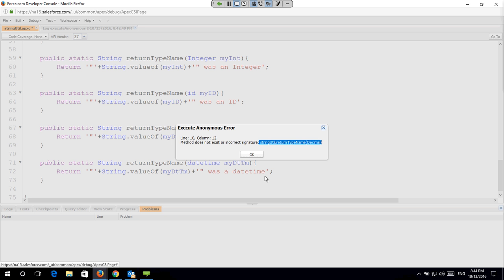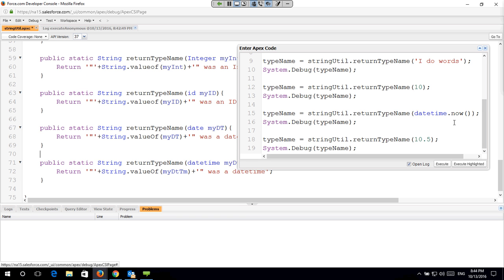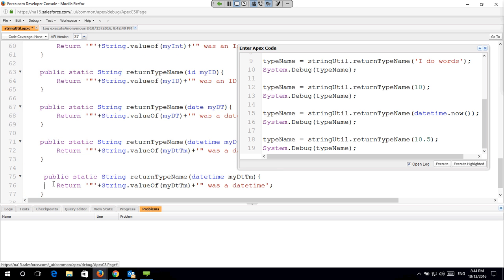Now I could very easily go ahead, copy this exact thing. Instead of datetime, say, let's accept a decimal. And let's call it myDecimal. We'll change the return string. And we don't even have to change anything else because String.valueOf knows how to handle decimals. Let me save that. And when I run it now,